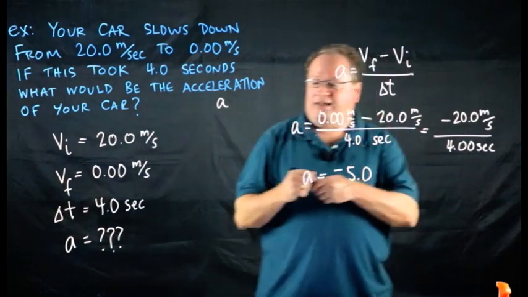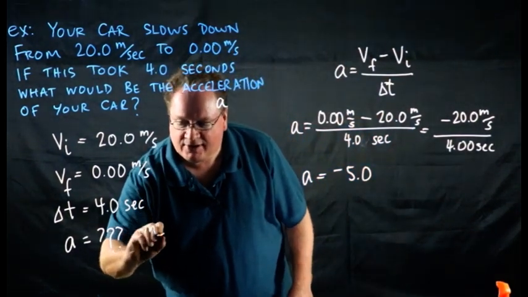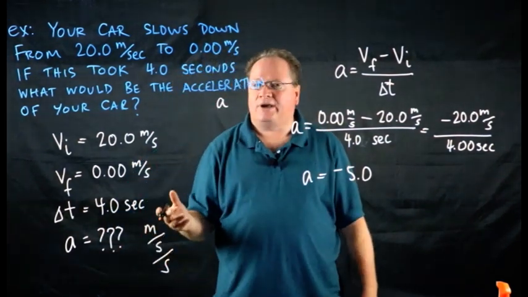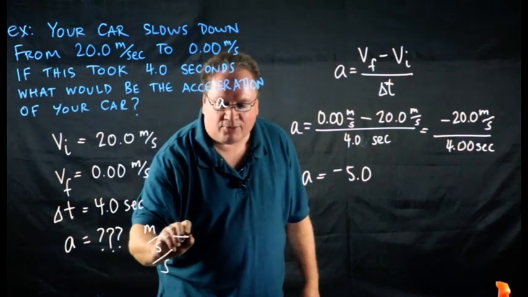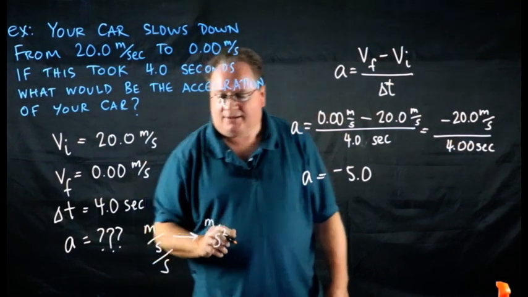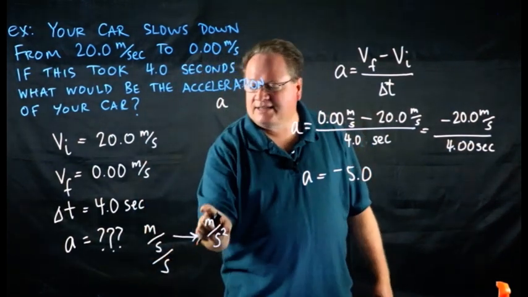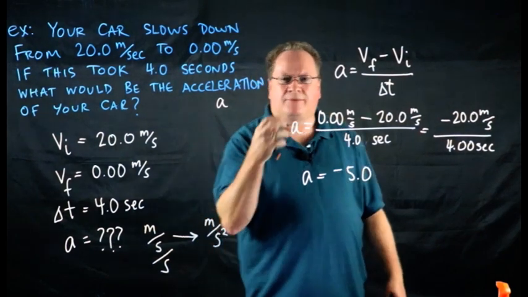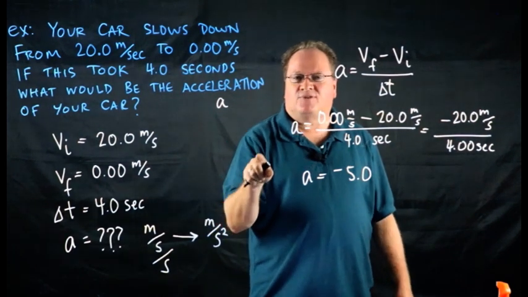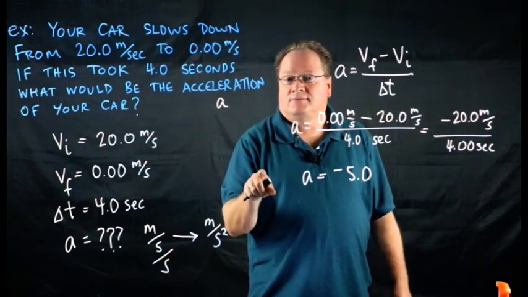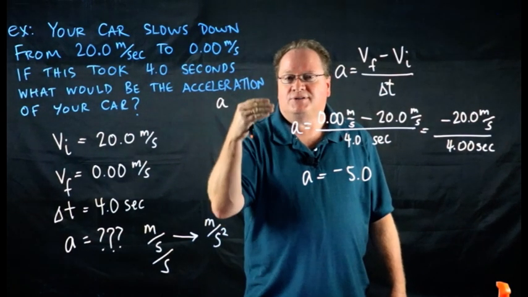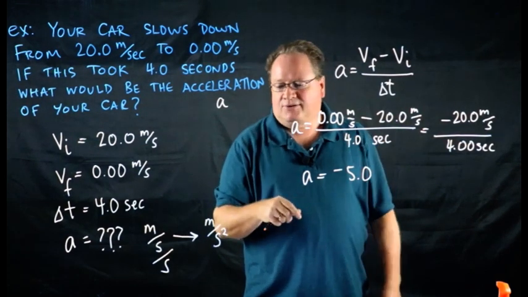Acceleration has a unit, and its unit is meters per second per second. Now that looks like a really weird unit. The way we usually write it, though, is meters per second squared. Okay? This is always the unit of acceleration. Let me try to explain this. Remember that acceleration is the rate at which velocity changes. So we said it was basically delta v over delta t. I showed you that earlier in the video.